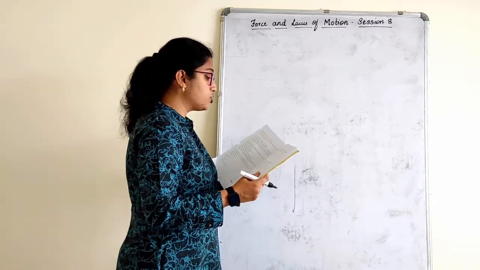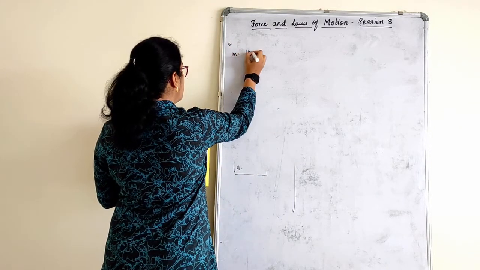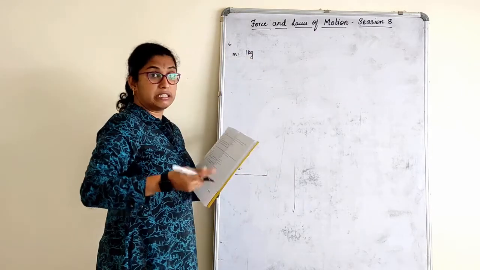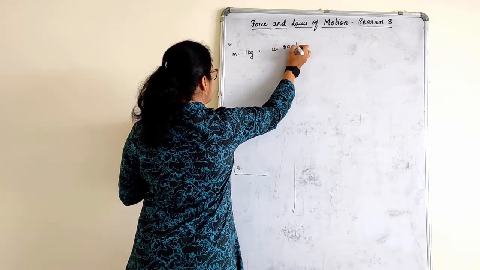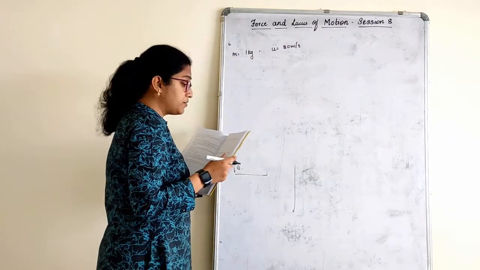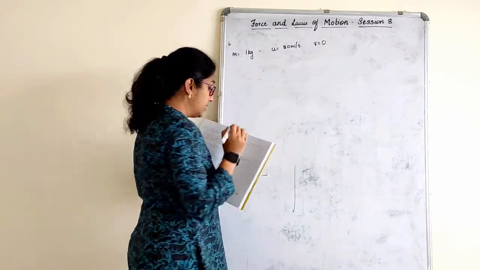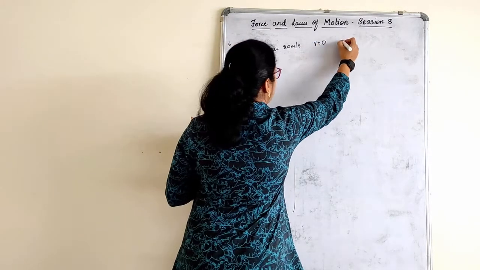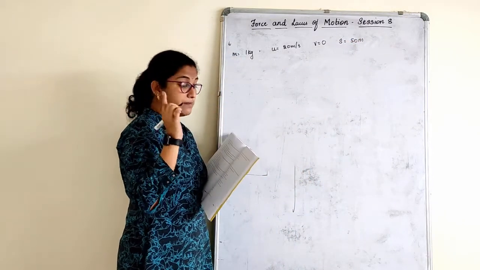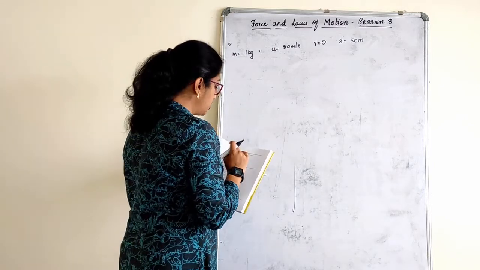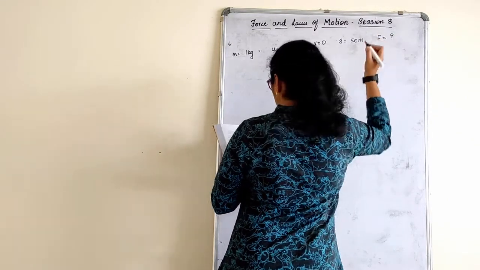Next one, a stone of 1 kg. So as you write the 6th one, go on writing the given. A stone of 1 kg is thrown with a velocity, therefore that is the initial velocity, 20 meters per second, across a frozen surface of a lake and comes to rest. It is coming to rest, v is equal to 0, after traveling a distance of 50 meters. This is how, if you read the question and go on writing, it becomes very easy. What is the force of friction between the stone and the ice? F is equal to question mark.